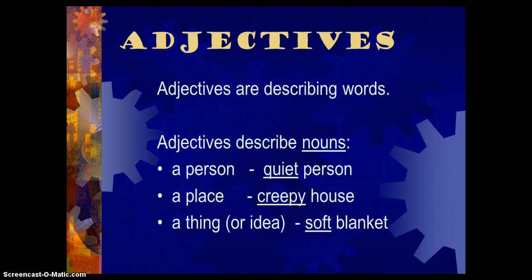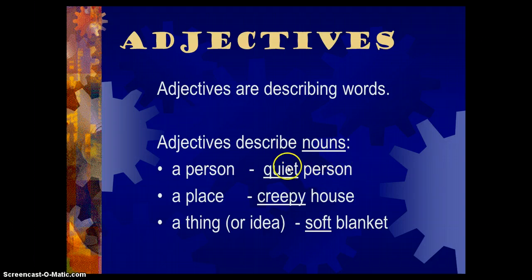Adjectives are describing words. You probably remember that from past years. But specifically, adjectives describe nouns. Remember that a noun is a person, a place, or a thing. So if we were to describe a person, we could say a quiet person. The word quiet here would be an adjective, and it is describing the noun, so we know more about what